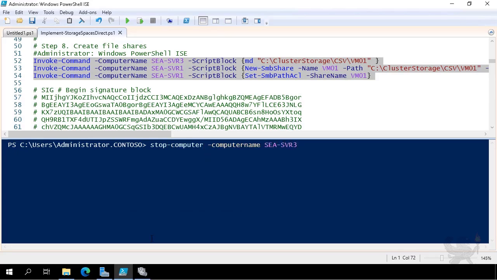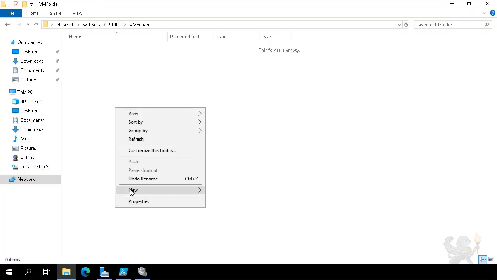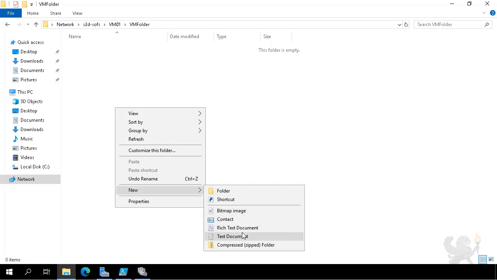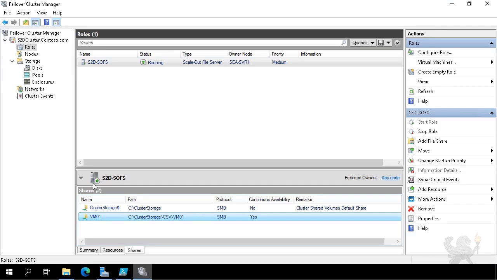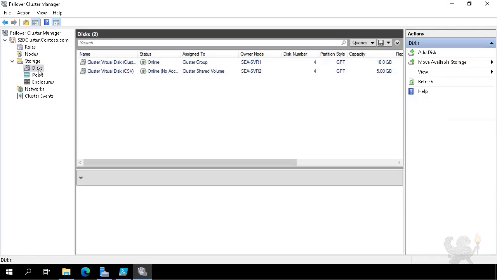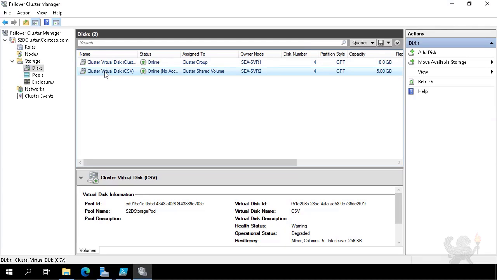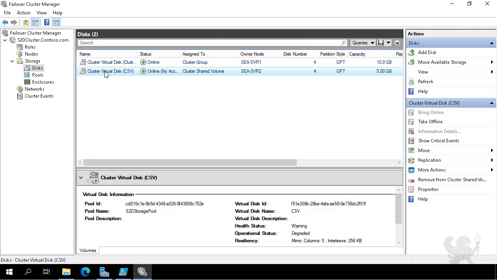So we stop SEA-SVR3. We can go back to the mounted file share and show that we can still interact with it. We can create an example text document, verifying that this share is still available even though one of the nodes underlying it is gone. Then if we come across to Disks, we can verify that it's noticed that that's problematic. If we look at the health status of that cluster shared volume, we see it's in a warning state, because two of the nodes are available, one of them's gone, and the operational status of that cluster